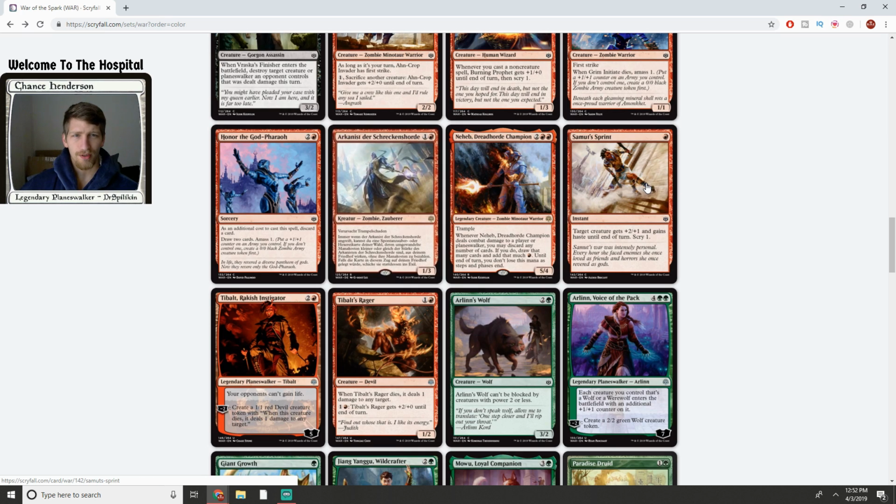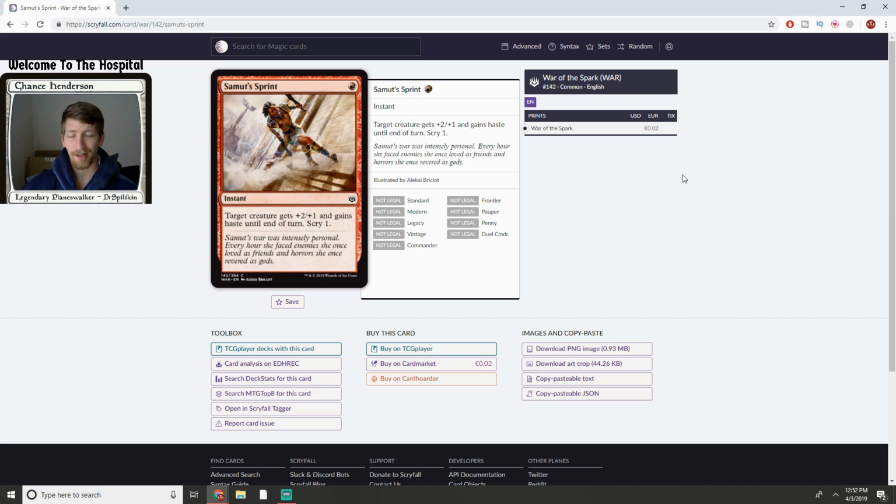Could be very interesting to see what kind of deck it works into, honestly. Mono red though seems like it could be packing a little bit more of a punch instead of just being straight up aggro, which is nice to see. It's really nice. So we're gonna be moving on to a 1 mana Samut,